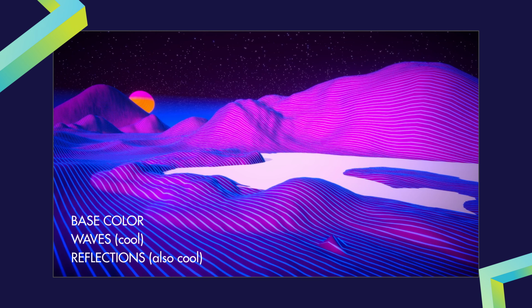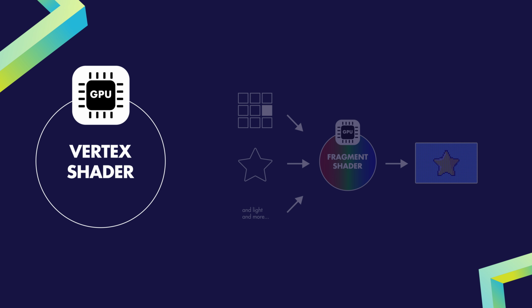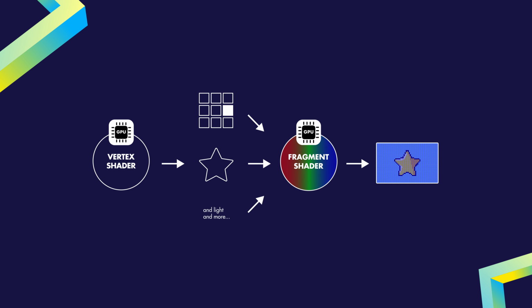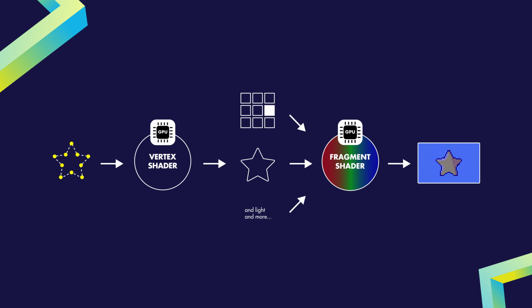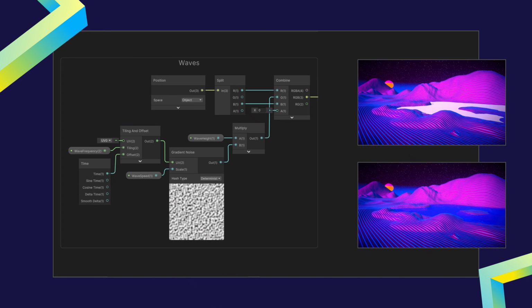First up, let's tackle the movement part. We've been working with fragment shaders so far. Here we want to use something called a vertex shader. As a very unfair summary once again, vertex shaders are responsible for processing each vertex of our mesh, adjusting their positions based on various inputs to create different effects. In our case, we want to create the illusion of moving water. We can once again use noise for this, although this time I will animate it, introducing an offset that changes over time, giving the water a dynamic and realistic flow.